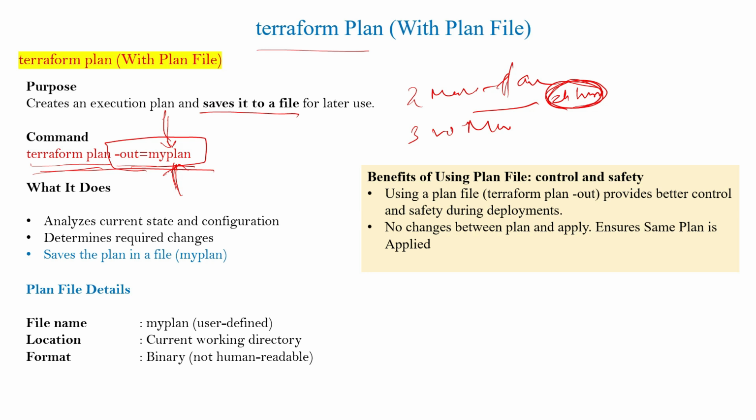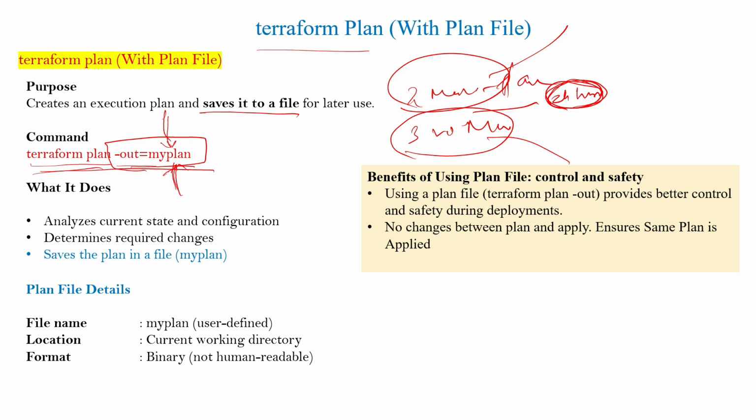Maybe someone has made changes in the configuration file, intentionally or unintentionally. Okay, so if the configuration file has been changed, then your planning will be destroyed, right? Because you have done some different planning, but during the execution you are going to execute something different, right? So whenever we do the Terraform planning with the plan file, it creates the actual plan in the